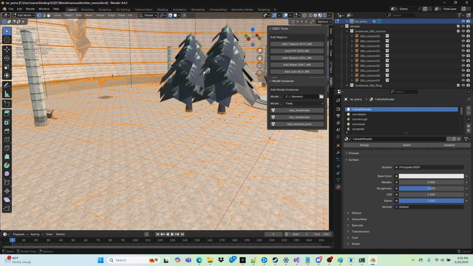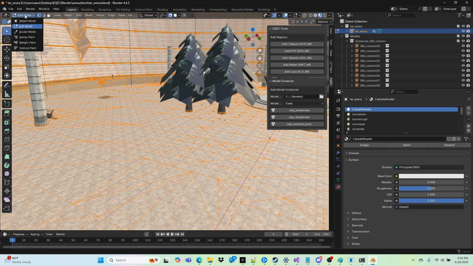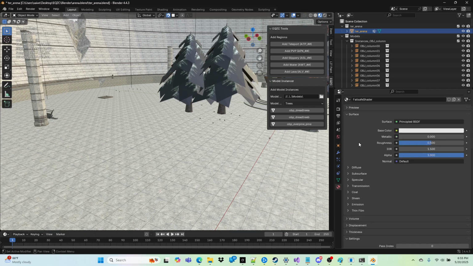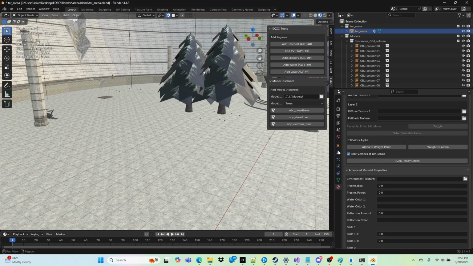In order to visualize the day to night contrast, I have added this vertex weight conversion. You have to be in object mode, and then go to your materials, and you'll see this alpha to weight paint button. If you press that, it will take the alpha value, basically how bright it gets, and turn it into a weight paint. So if we go into weight paint now,